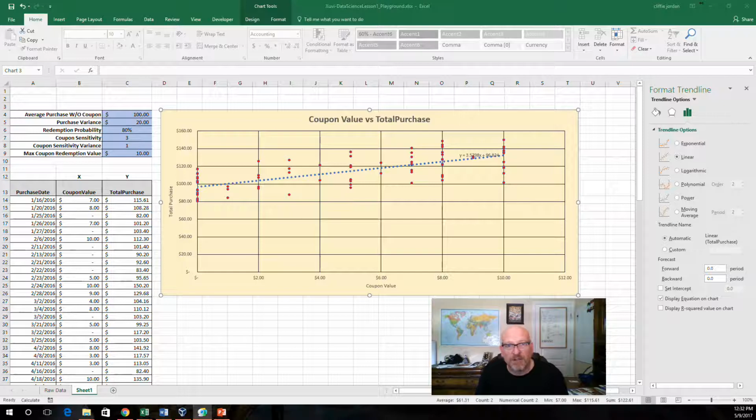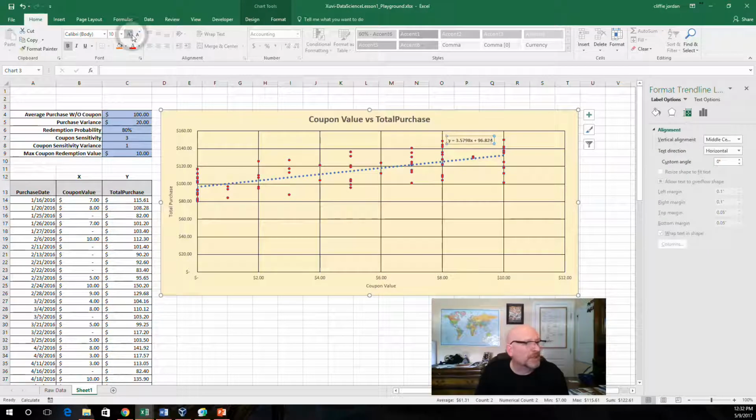There we go. So if you click this little thing over here called display on Trendline, what that does is it creates this nice little equation right up here. And let me boldify that and make it bigger so you can see it. And guess what the format of that formula is? Well, it's just like we saw before. Y equals